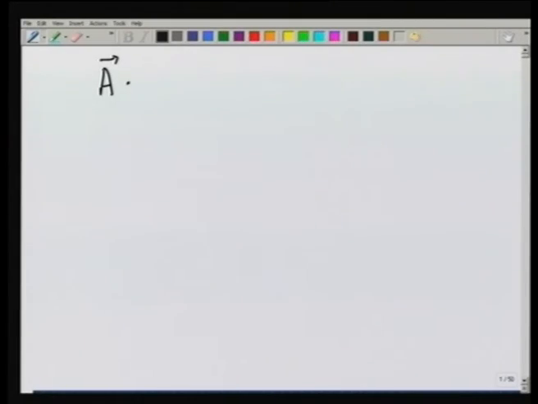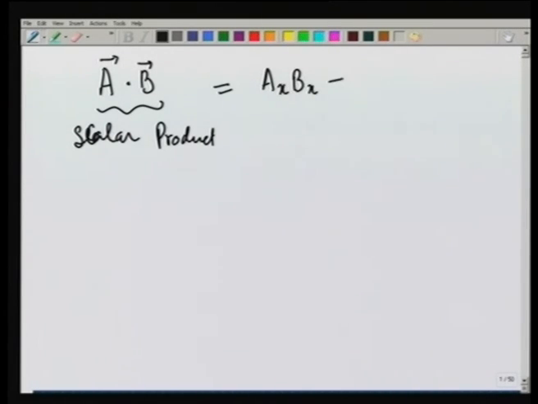In the previous lecture, we had been looking at vectors, in particular how to represent them algebraically, and then we looked at the product of vectors and defined a scalar product which we wrote as a x b x plus a y b y plus a z b z, and a vector product which gives me a vector a cross b